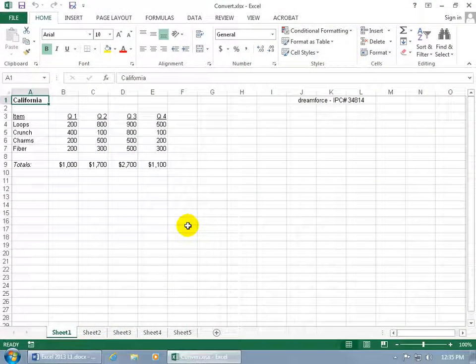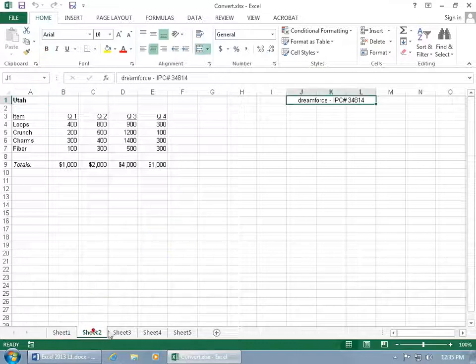Okay, what you're looking at here is my workbook, and I've got 5 sheets down below with data on each sheet. Let me go back to sheet 1. And it was created in the latest version of Excel, Excel 2013. Now, if you want to convert it to an earlier version, to help those who have an earlier version of